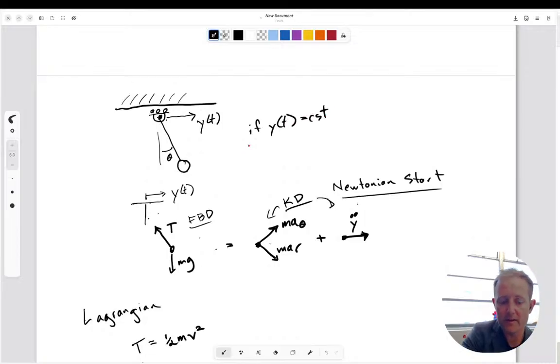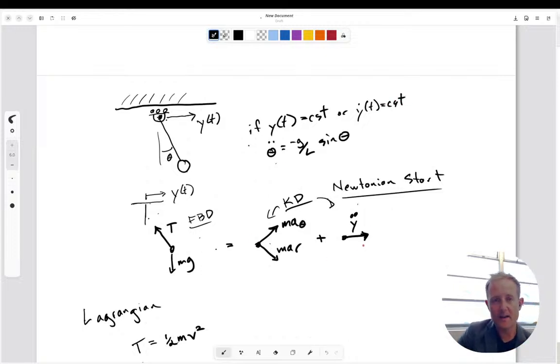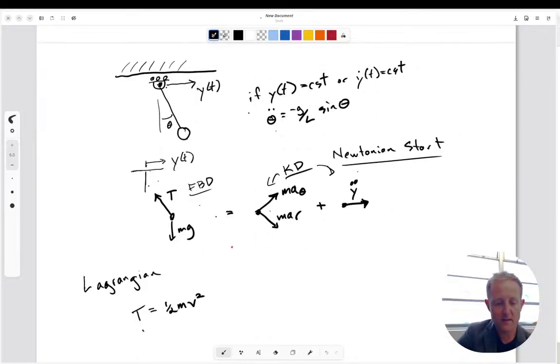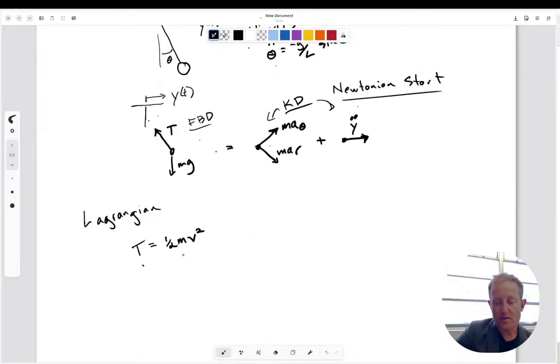It's some value, but then theta double dot is a negative g over L times sine of theta. And that's something I can go through and kind of solve. But it's a limiting case, just when y of t is constant, or y dot of t is constant. Like, as long as y double dot is 0. So there's that. So I want to get this in terms of theta, and then I can also use this